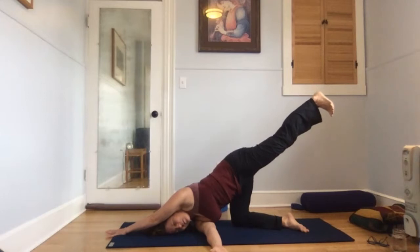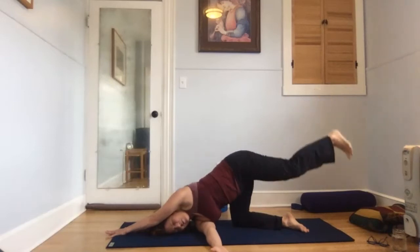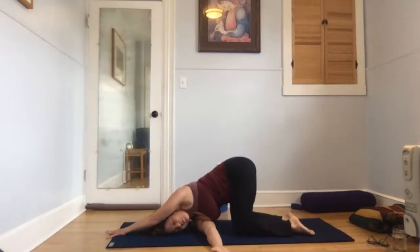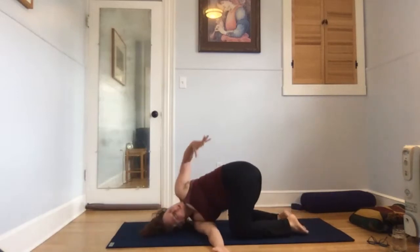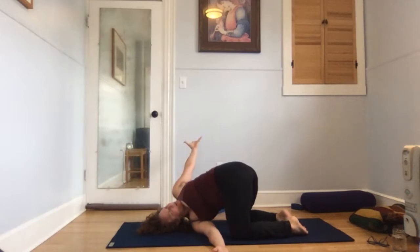See if you can find your full length wherever you are, especially through that low back, even as you're spinning gently. Last 2 breaths. Last breath in. And bring that left knee back to the floor if it was up. And let's now launch the left arm to the sky and open the heart to the other side. And reach your left hand back behind you as far as it can go, spinning through the spine. Maybe the left arm wraps around the back for 3,